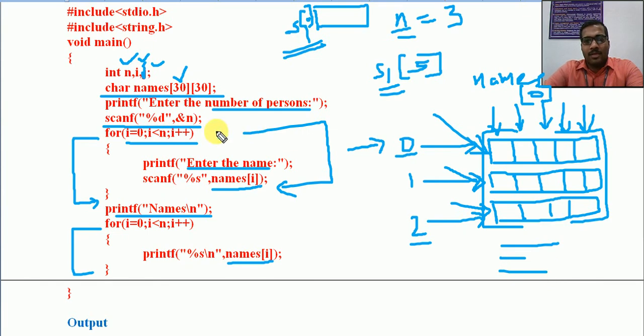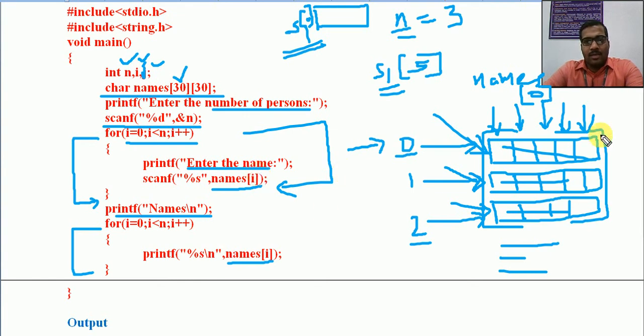Hope this is clear. Very carefully listen to the program once again and draw the logic, or you can follow the logic by drawing a 2-dimensional character array and working out this I loop, and how to scan these members and how to print these members. And I think it will be very clear, because if you are familiar with a 2-dimensional integer array or matrix, this concept will be easier for you. Only thing is you should know the additional features of string handling.